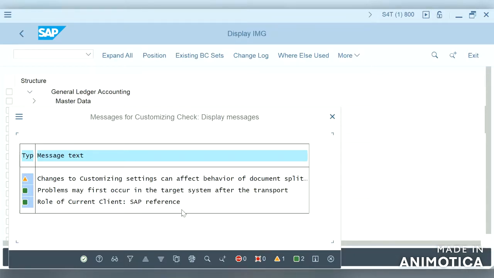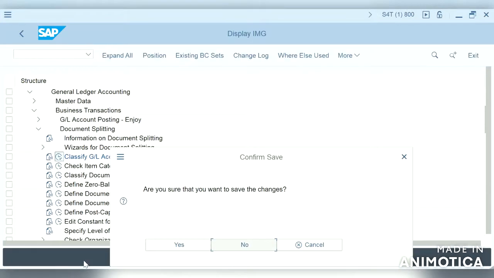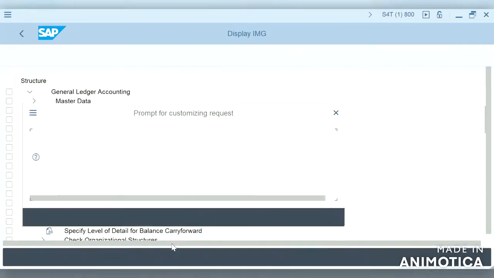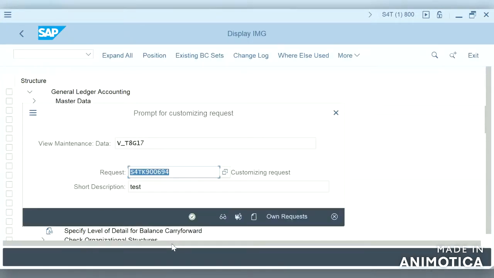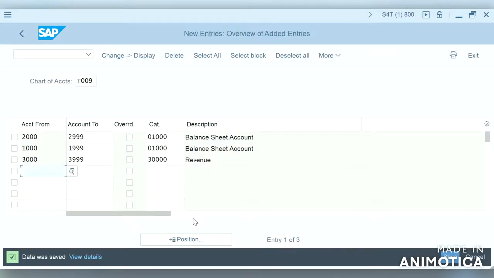Changes to customizing settings can affect behavior of document split. Yes. So what actually is this configuration?